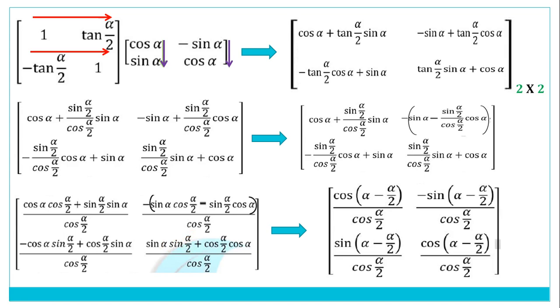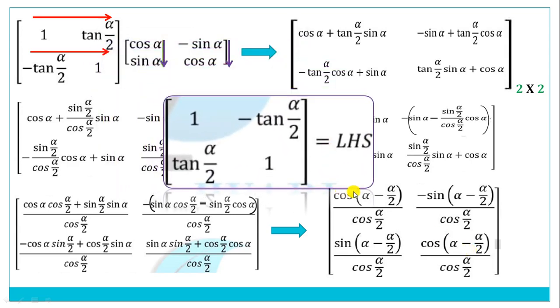So if you're getting confused here, beta, go back to the books of class 11, just refresh your formulas, and that's it. After solving this bracket, I will get cos alpha by 2. After solving this bracket, I will get minus sin alpha by 2. After solving this bracket, I will get sin alpha by 2, and after solving this, I will get cos alpha by 2. And after doing every multiplication and subtraction and taking the formulas, this is what we will get. Because here cos alpha by 2 is coming in the numerator, and in the denominator also cos alpha by 2, so this and this will be cancelled out, we will get 1.